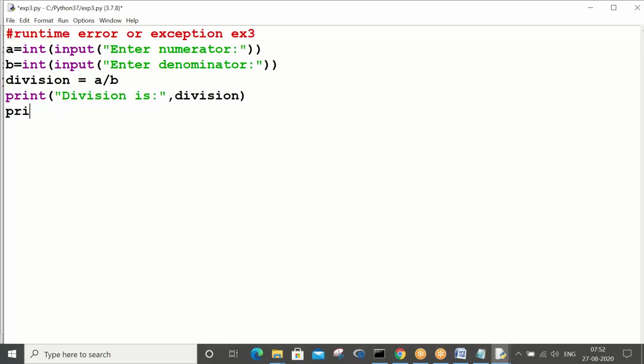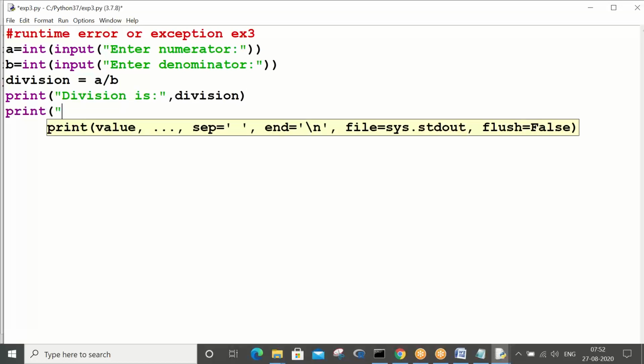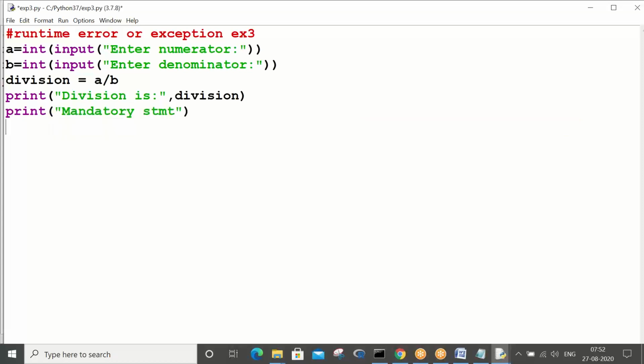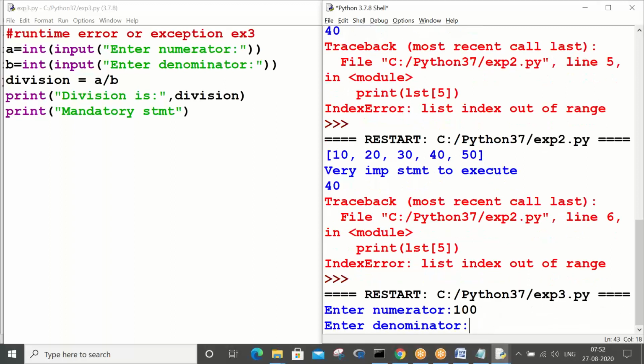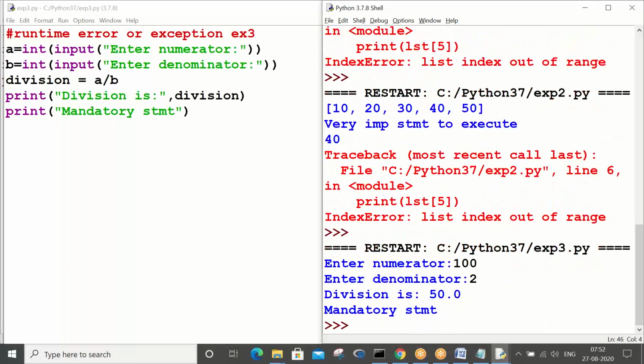Now print mandatory statement. You see Ctrl+S, F5. In the bottom I am giving 100 divided by 2. So division is 50 and the mandatory statement is getting executed.